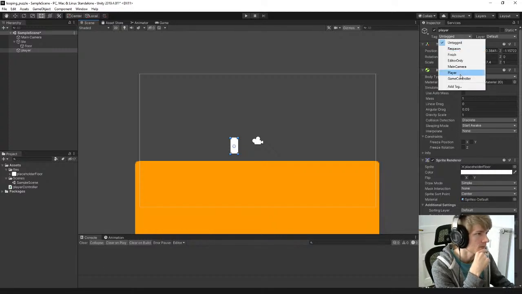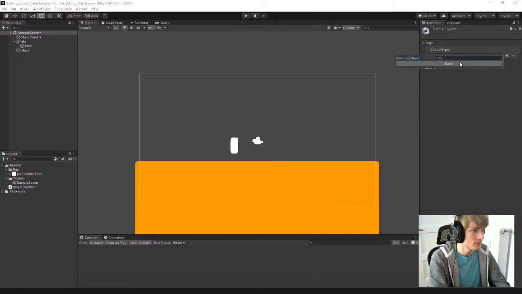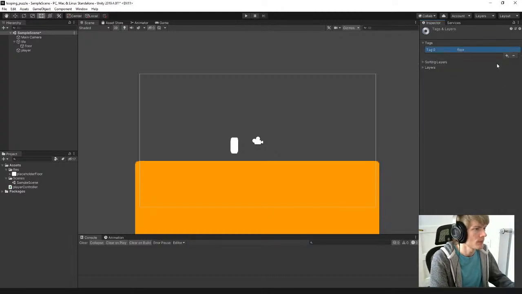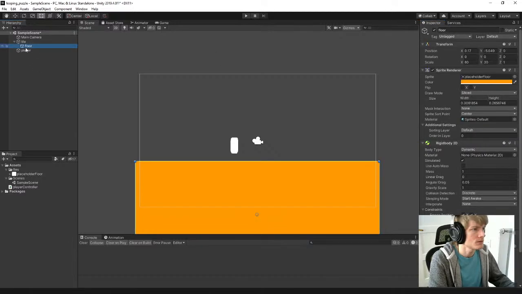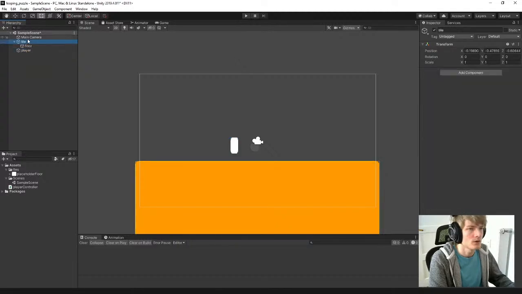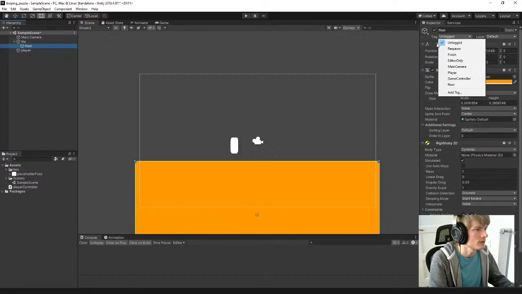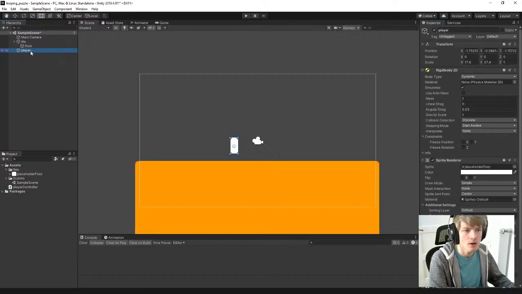Let me add a tag to this and call this tag floor. Is this the floor? No, that just added. What did I just add the tag to? I didn't add it to anything. Okay, that's good. Floor. Now that object is tagged as floor, and now when the player collides with the floor,